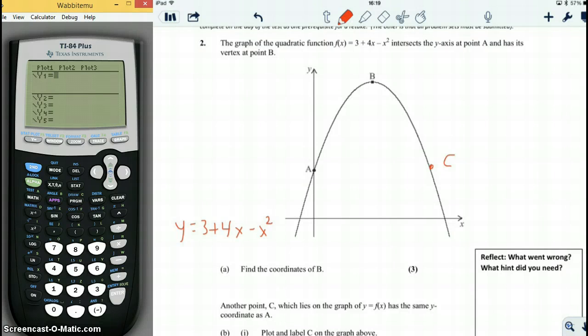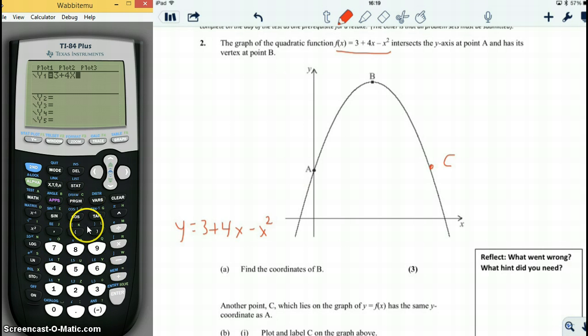Quadratics Review Problem 2. They give you an equation for the quadratic, and they give you a graph. So they're going to ask you about certain points on the parabola based on this. So probably the first thing you want to do is, since they give you an equation, why don't we graph it on the calculator? So we'll put 3 plus